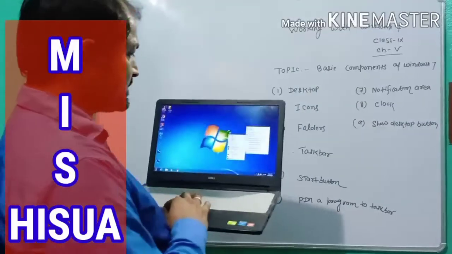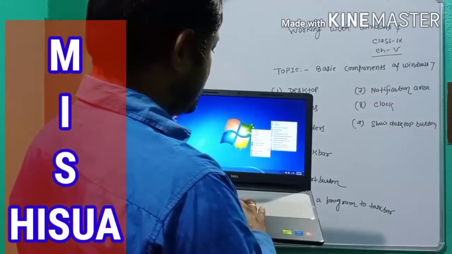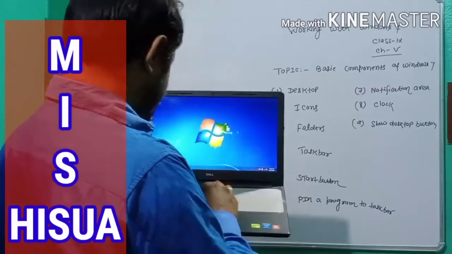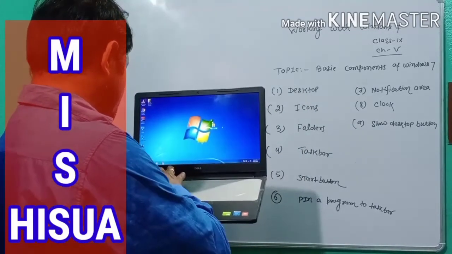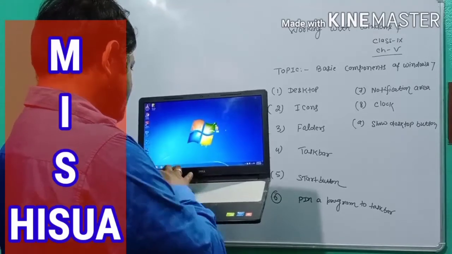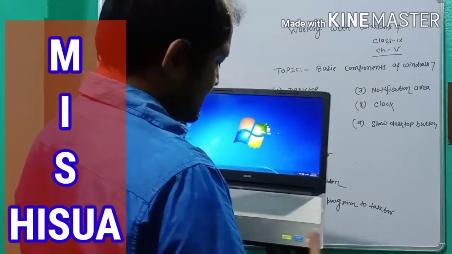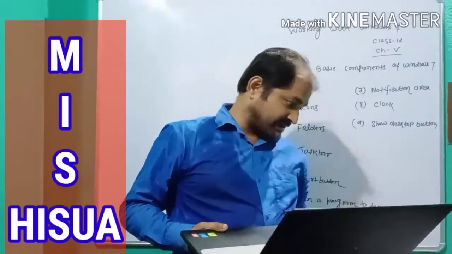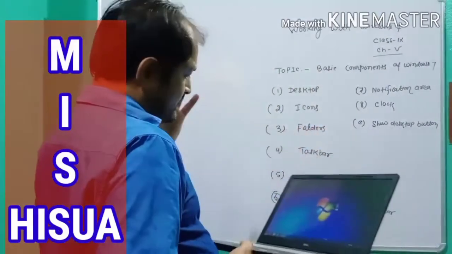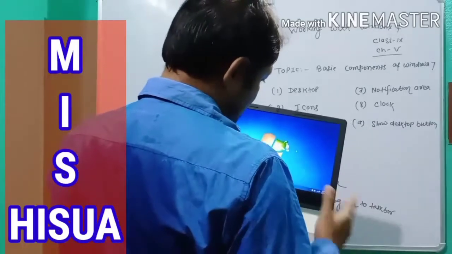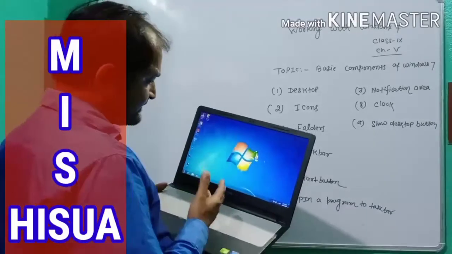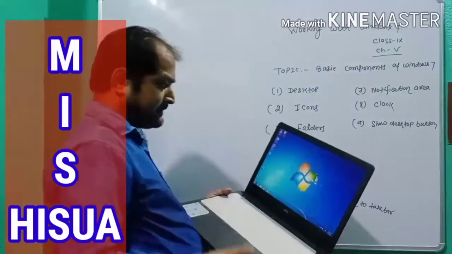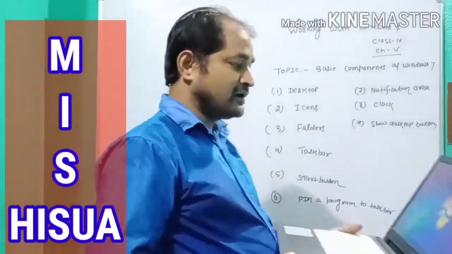You go to the New option and then the Folder option, and you just type a name. Suppose the name is MIS. So this is the folder. What is a folder? A folder is a place where files, icons, programs and any type of data are saved in a particular location.